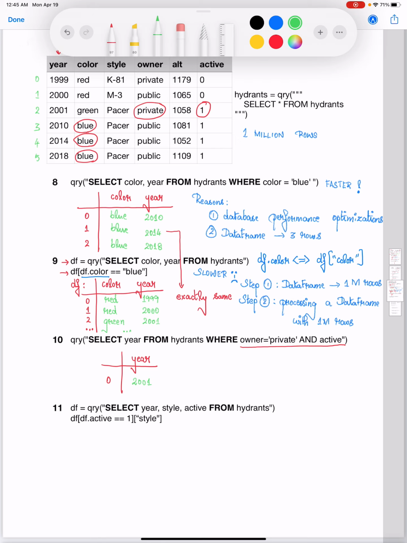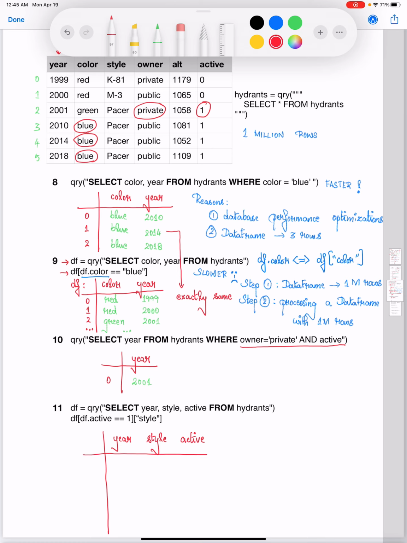Question 11 is first asking us to execute this query which is select year comma style comma active from hydrants. I'm going to skip writing the entire output of this particular query. I'll just write down the initial few rows. So I'm going to say year as the first column index, style as the second column index, and active as the third column index over here.